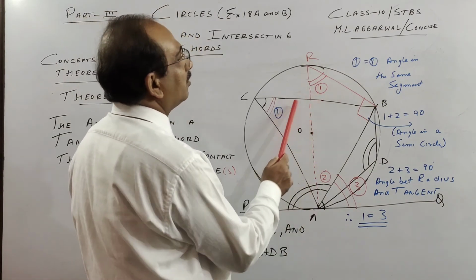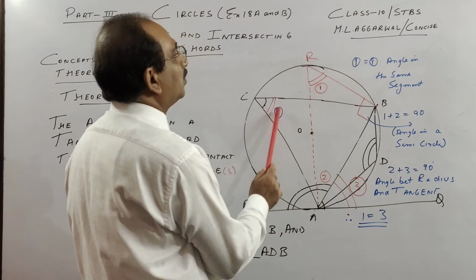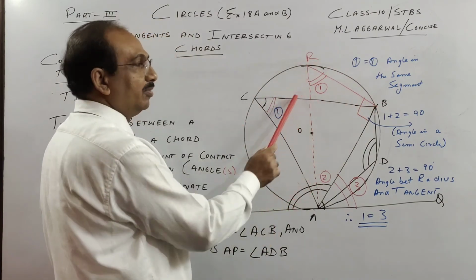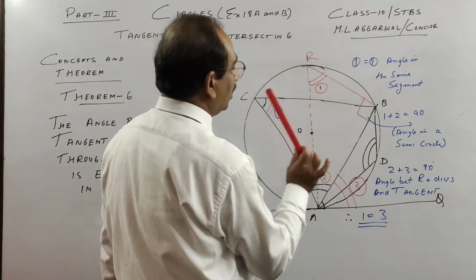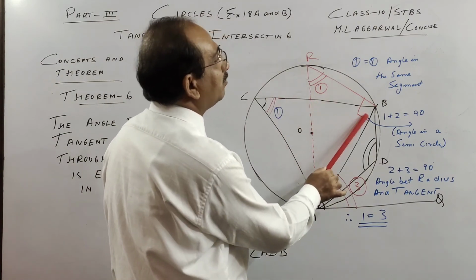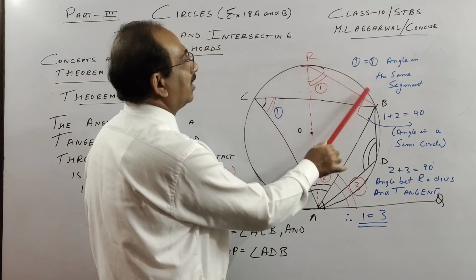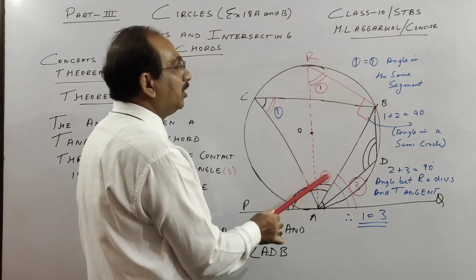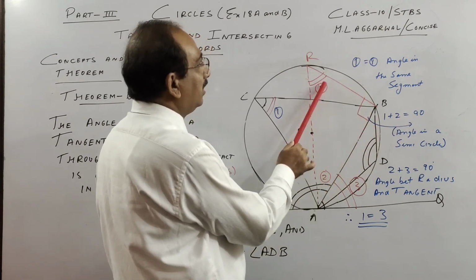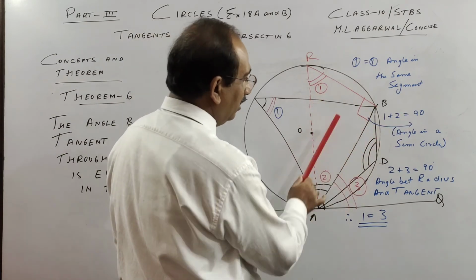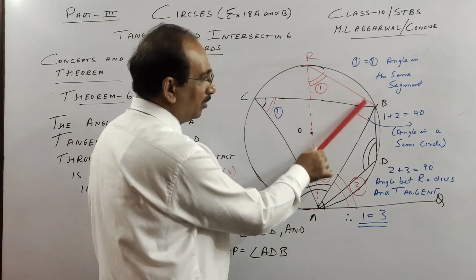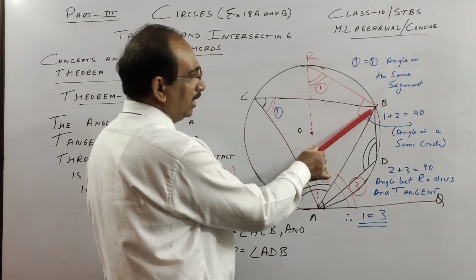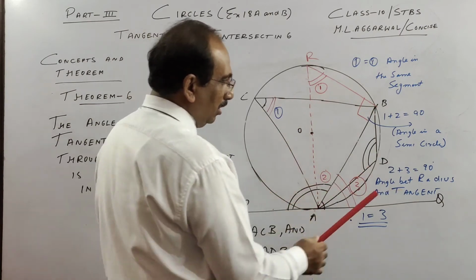So now you see angle 1 is equal to angle 1, angles on the same segment. These two are equal, angles on the same segment are equal. I've done this in part 1 of my video. Now you see 1 and 2. Angle in a semicircle is 90. See this triangle. This is 90. Therefore 1 and 2 together will be 90. One angle is 90, the rest two sum will be 90. Because this is an angle in a semicircle, this is 90, and these together will be 90. Next, 2 and 3.